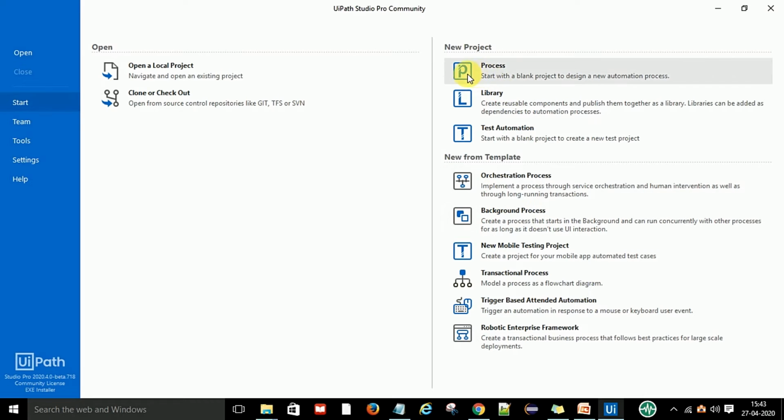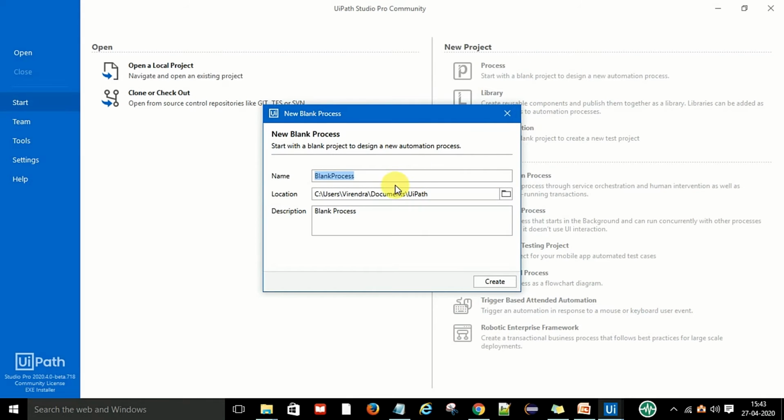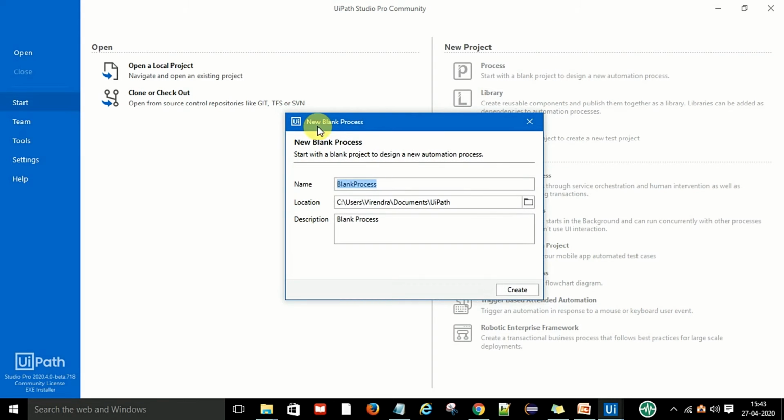So now I am going to select the process to understand more about the UiPath Studio GUI mode. Okay, so select the process. After that, it will ask you for the new blank process window. So start with a blank project to design a new automation framework. So now you can provide the process name, blank process name. So I said test demo,